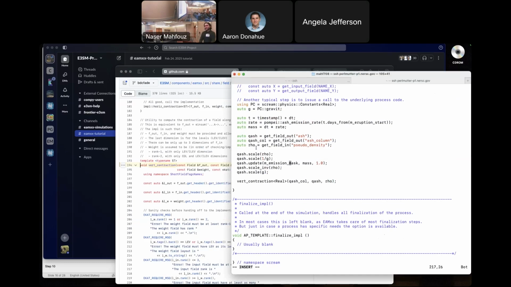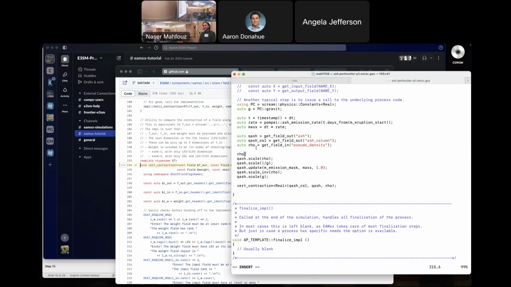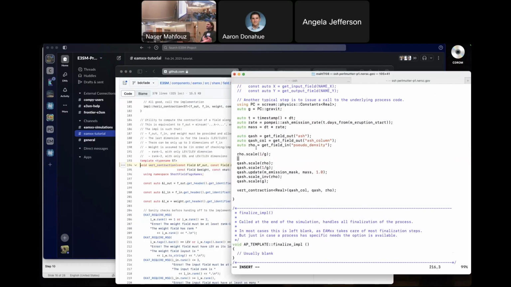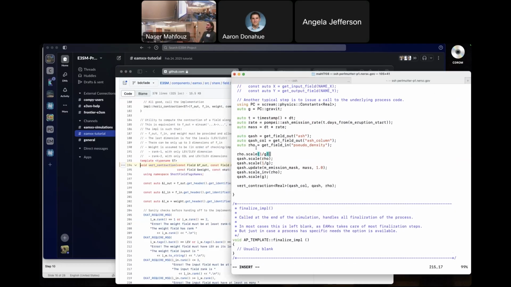You can do this. If I wanted to make a new variable, you can say row scale 1 over G, and that will make it row over G. But I don't want to change the original, so you'll have to create a new field. You can do auto row G. You can clone fields here, but of course you don't want to, because you're allocating a